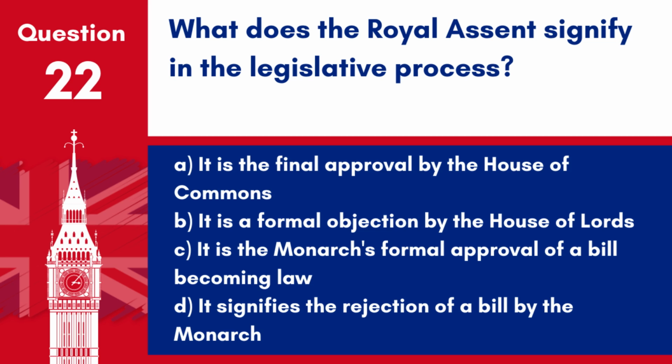B. It is a formal objection by the House of Lords. C. It is the monarch's formal approval of a bill becoming law. D. It signifies the rejection of a bill by the monarch. Answer. C. It is the monarch's formal approval of a bill becoming law. The royal assent is the final step in the legislative process where the monarch formally approves a bill to become